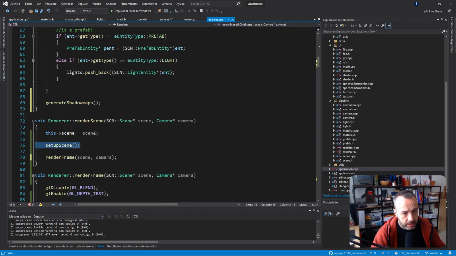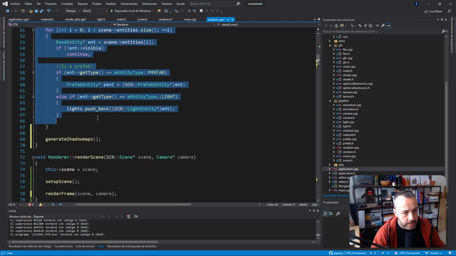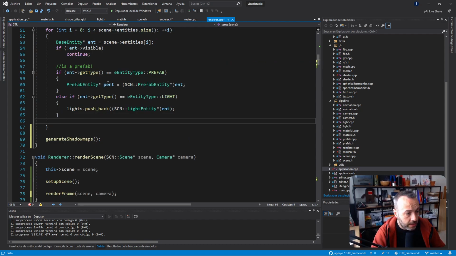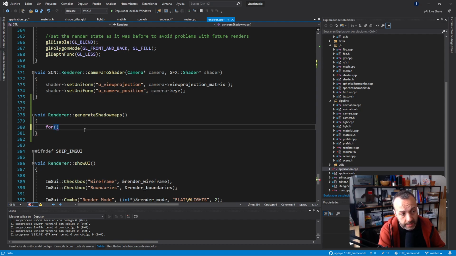So we call setup scene, which is going to search for all the lights on the scene and the prefabs, and here you can do all the render calls things I recommended. And then we have the generate shadow maps here. Because we have all the lights, it's easy for us to iterate through them. Because lights is a std vector, you can do the classical i equals 0, blah, blah, blah, lights size. But because it's a std container, it comes with a nice feature, which is you can type this auto